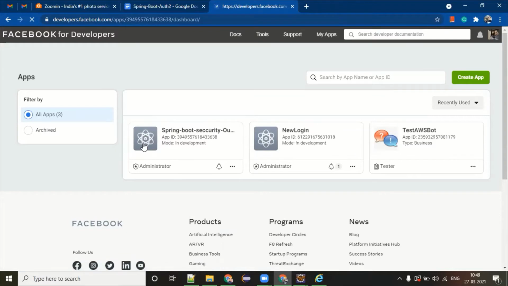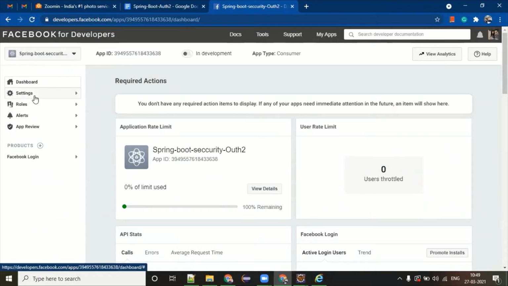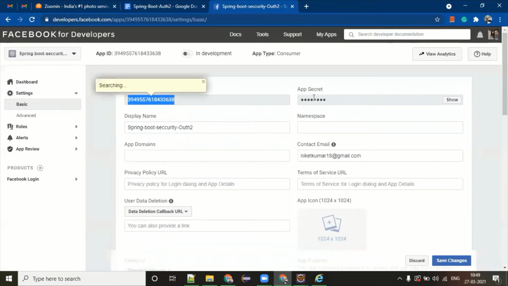So let me open this. This is the one I have created. Now under settings, there is basic, and under basic, you will find your app ID and app secret. Can you see this?